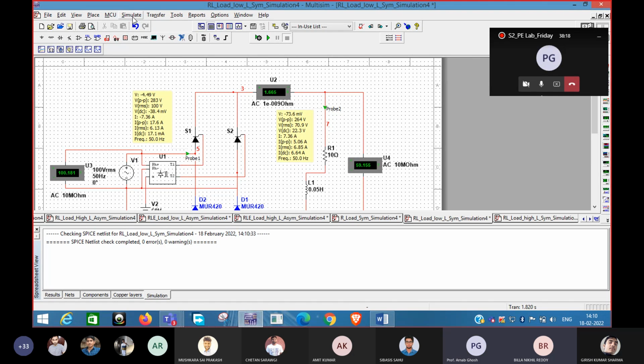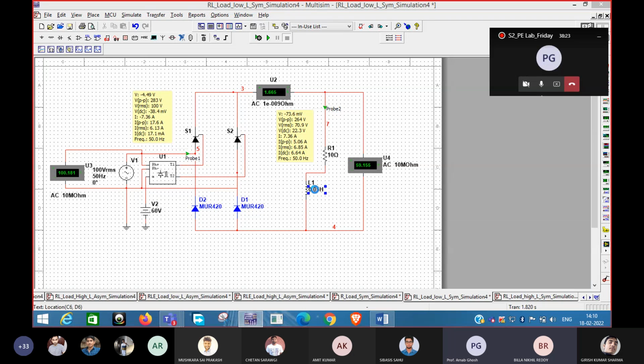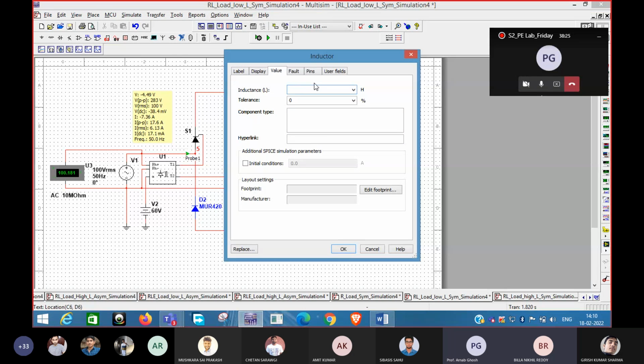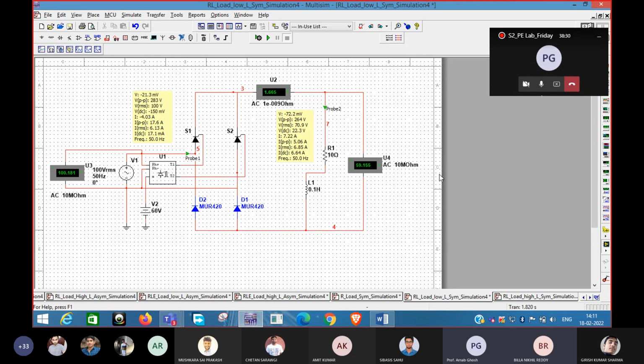No. What you can do, there are two options. One option is that you can change the thyristor, use a higher rated thyristor. Actually, what happened? If you make the inductor value lesser, different spikes are coming. Due to the presence of the spikes, your thyristors are damaged. So if you use high rated thyristors, that can also work with 0.01 Henry and less than that. So that's not the problem.